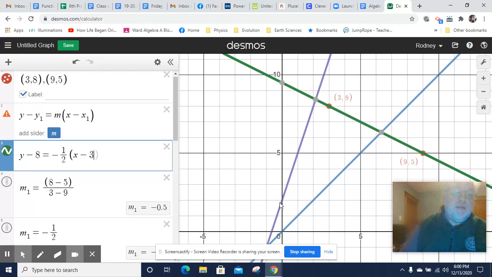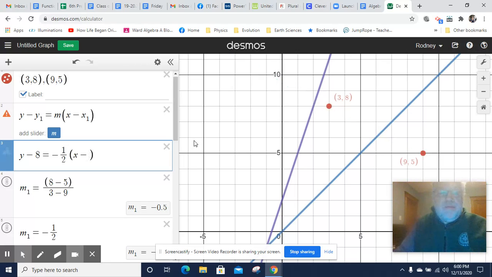Okay, you may be thinking, well, what about the other point? Why do you use this point? Does it work for this point, but maybe not that point? Well, let's find out. So we're going to replace the 3 and the 8 with the x and y values